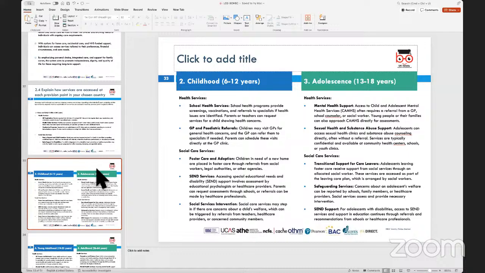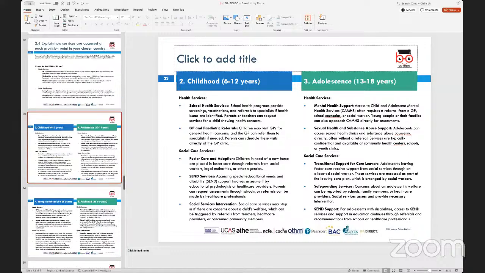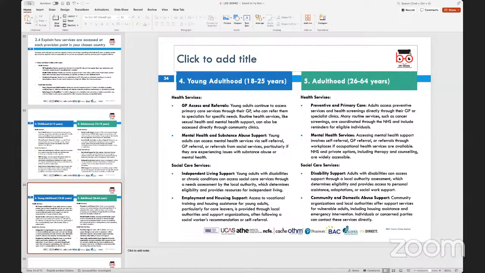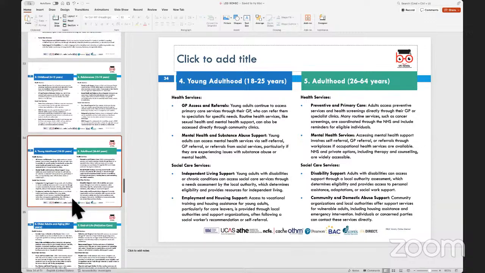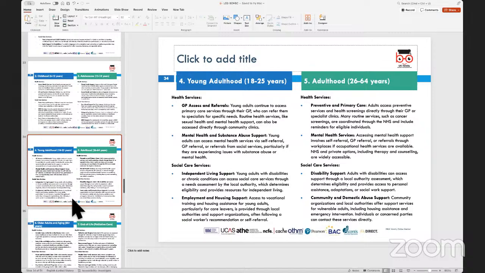So this part of the assessment criteria is primarily focused on the detailing of services which would be provisioned and which you would have seen receiving as an individual when you're growing up and going through one of the stages of growth and development. In such cases, what you would have come across as a service that you would have received either under healthcare or under social care services is what you need to be looking at,